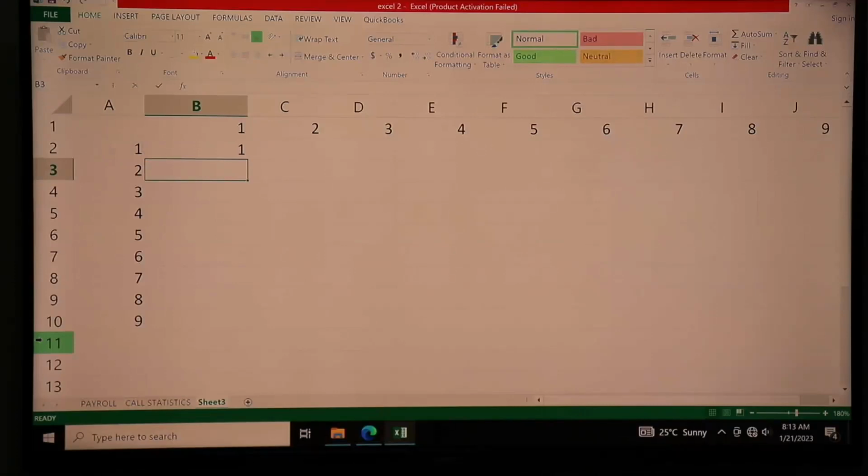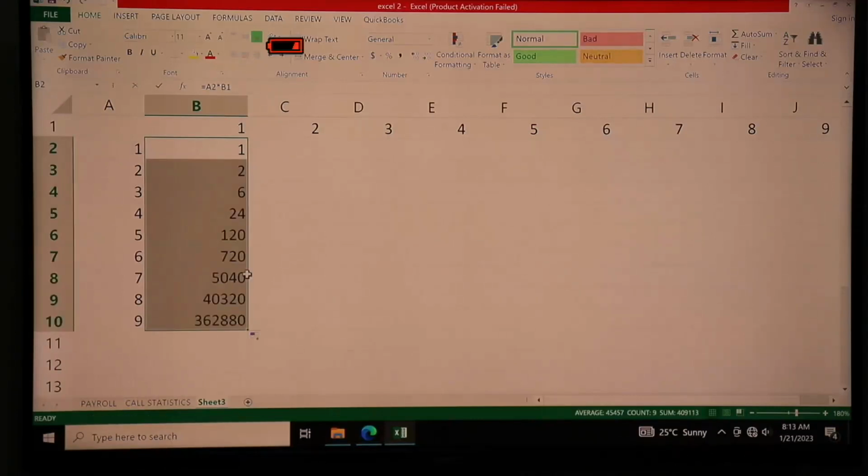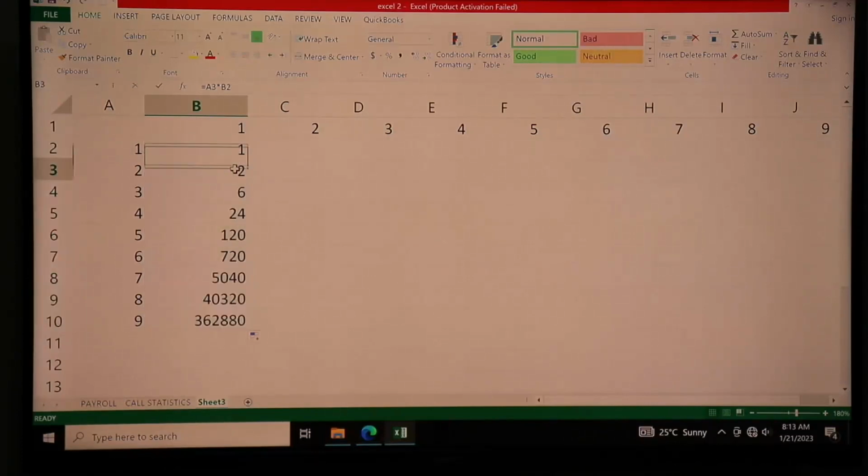Now you can see here, I have the formula, I want to copy this formula down. I'll drag this function this way. But the minute I drag that function, it will give only the two values correct, and all the others will be wrong. Even this one is wrong, because the formula is referring to the wrong cell.